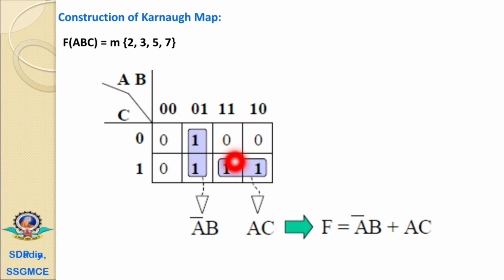For the third, it is 6 7, and the last is 4 5. Therefore this 5 and 7, these two are the 1 1. Now here we have made a group of these two. This group at the upper side belongs to only the one column, and it is a 0 1, therefore we have written A bar B, that is A dash B, and at the row side it belongs to both, that is C for the value 0 and 1, therefore C is eliminated.